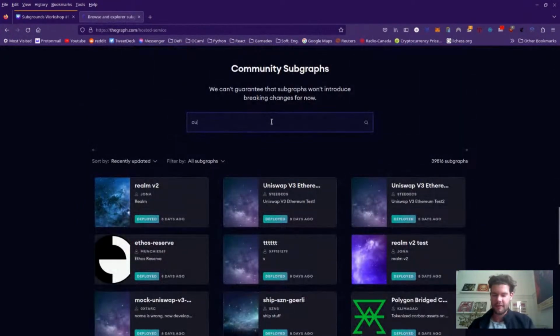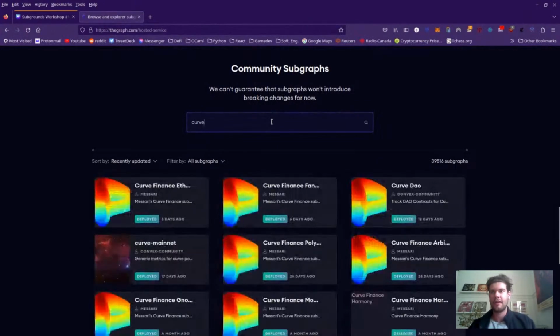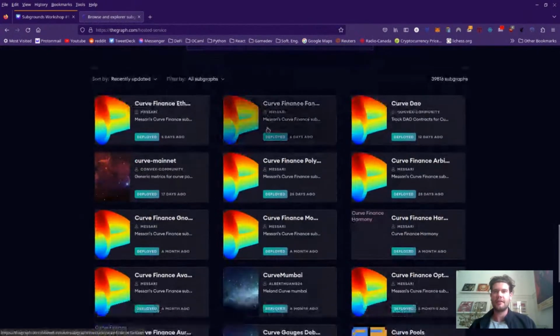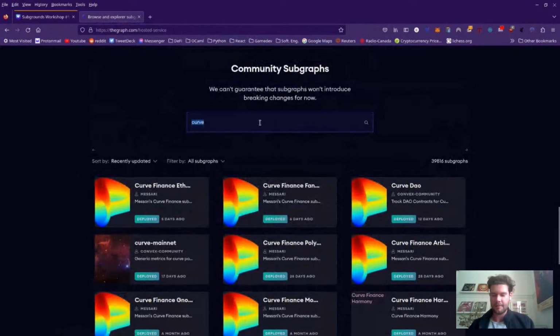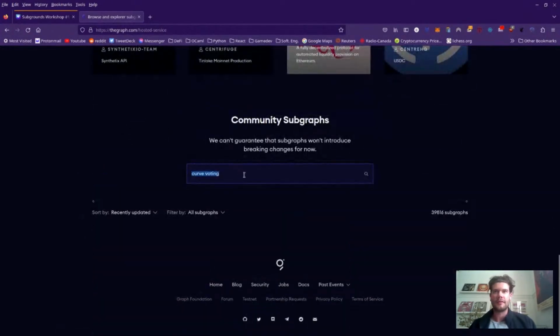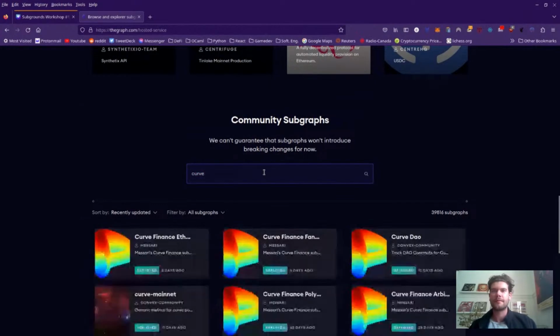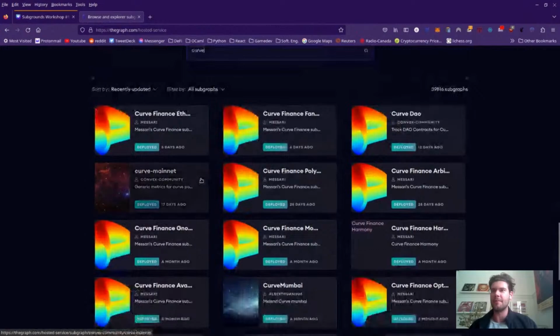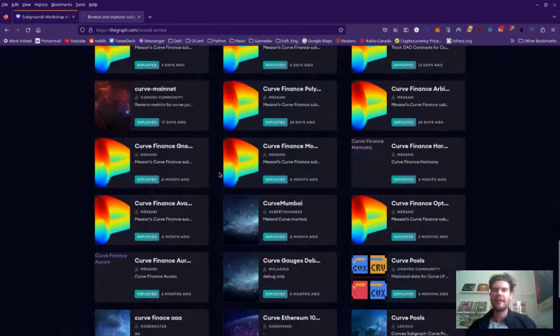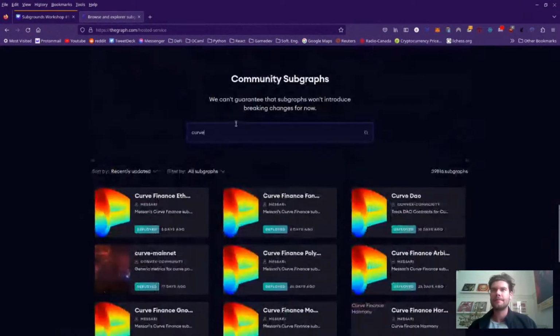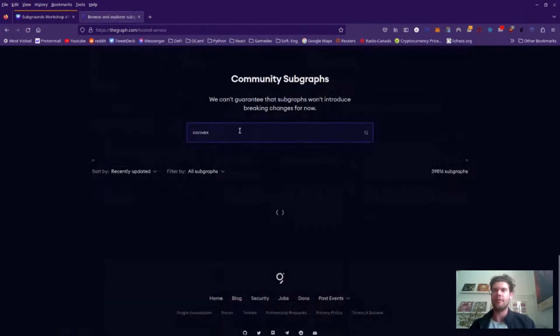So for instance, if I'm looking for Curve, I'll see that there's a ton of Curve subgraphs here. If I type Curve voting, there's none. Curve governance. Yeah, the search is a bit wonky sometimes here, but essentially, once you find a subgraph,